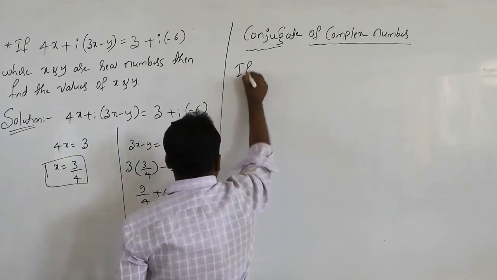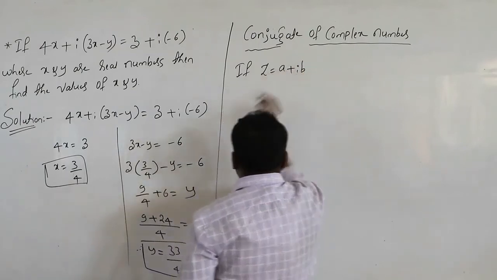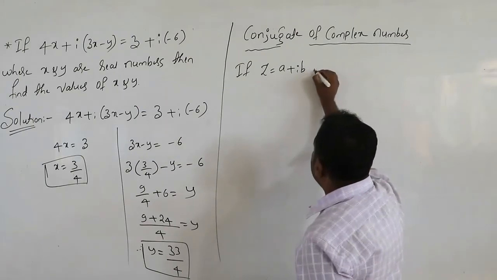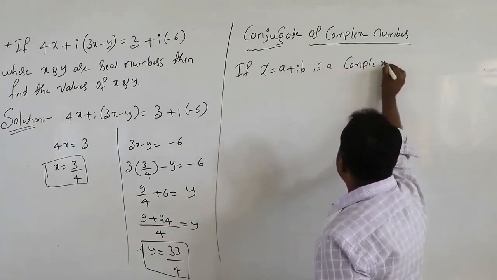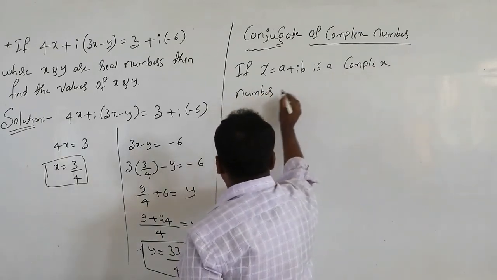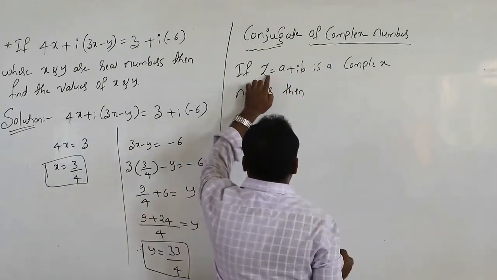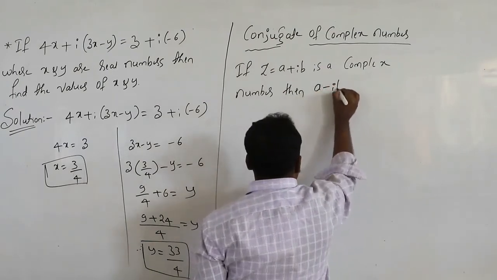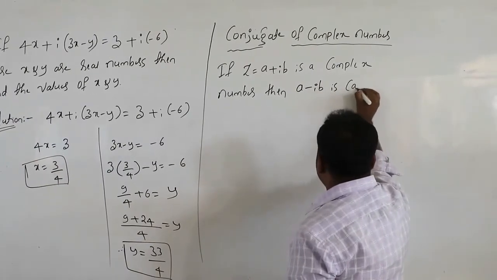If z equal to a plus ib is a complex number, then a minus ib is called